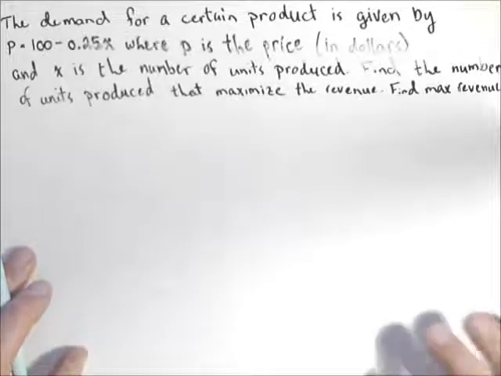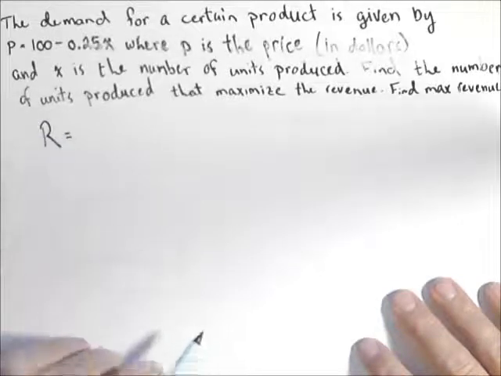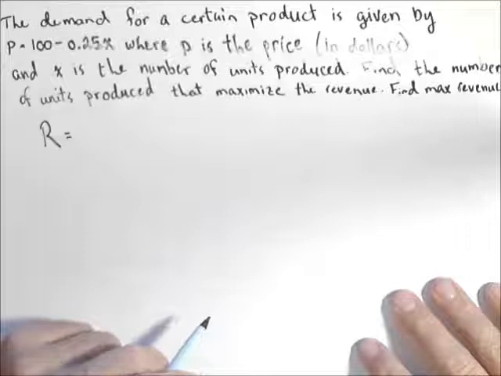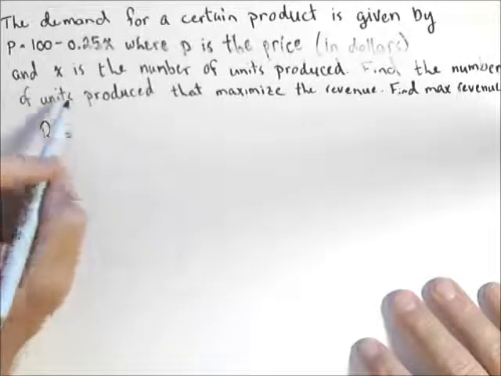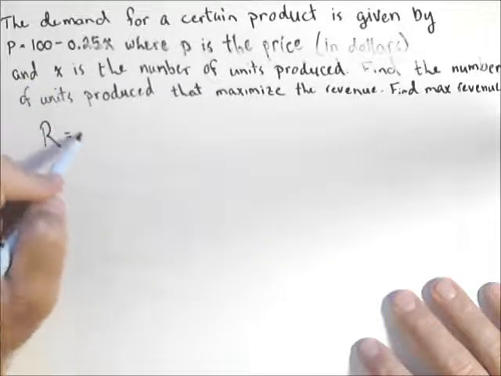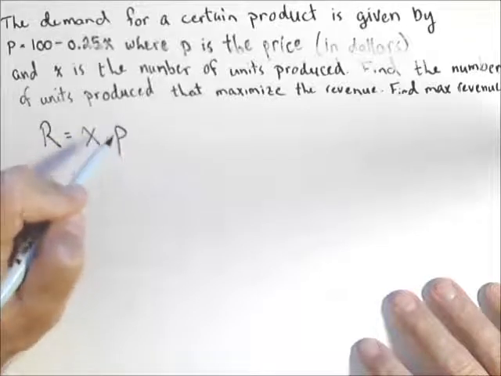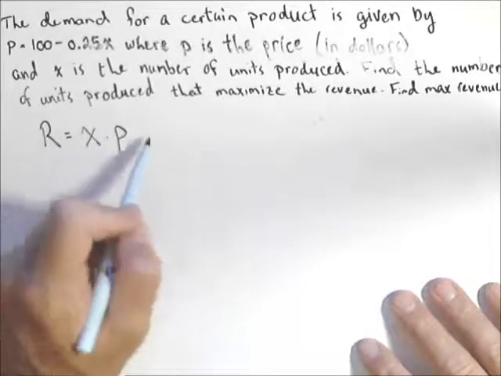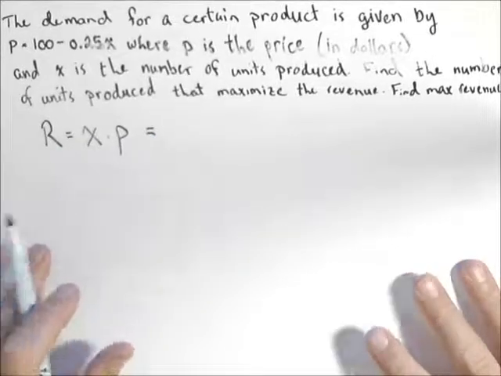Well, we have an intermediate step, and that intermediate step is to find the revenue. Revenue is all the money a company brings in. So it's the number of units they sell times the price they charge. Now, to simplify the situation a little, we're going to assume that they sell all that they produce. So revenue is the number of units they sell times the price they charge per unit, which, given by our linear demand function,